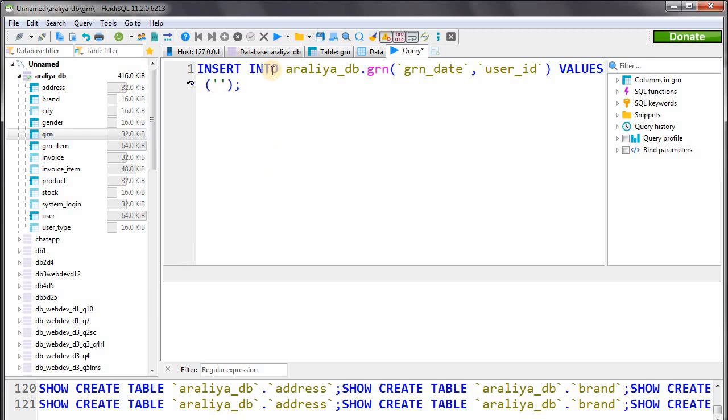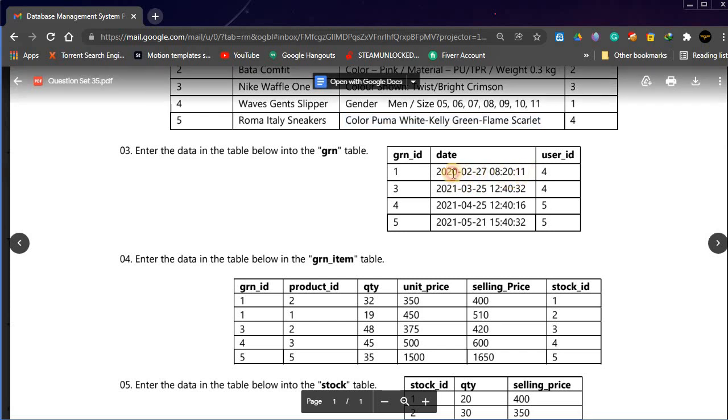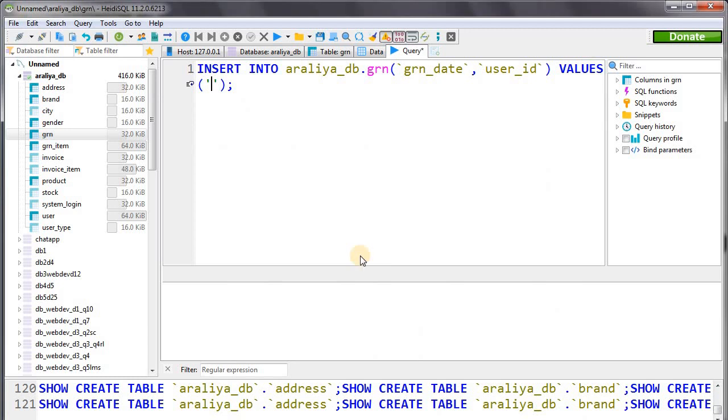Okay, here's the first value, date. We have to enter the date. You can see in the date attribute we are entering date and also the time.